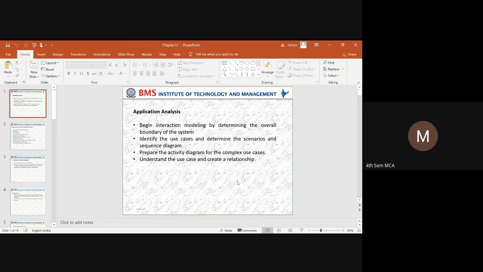We are dealing with the modeling. When it comes to application analysis, if we are trying to use a use case, in a use case what we are identifying, we need to identify who are the actors who are going to communicate with the system. First we need to identify the actors. Next we need to identify what are the different use cases, which use case is relevant, is associated to which actor. That has to be determined with respect to the use case modeling.